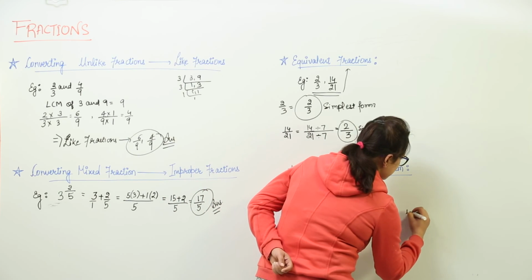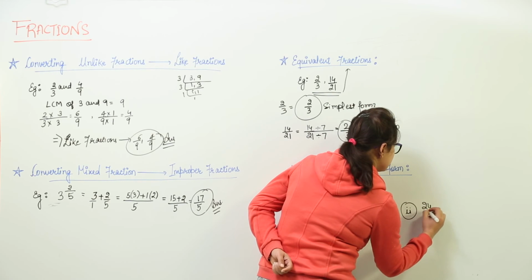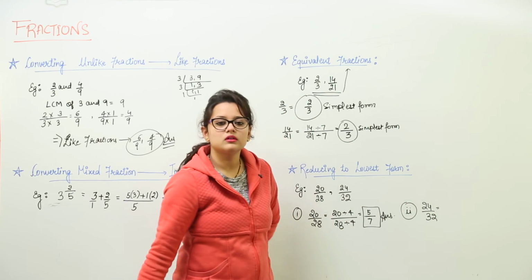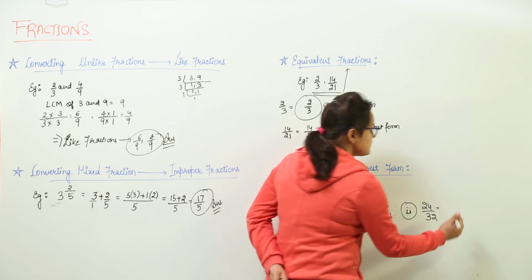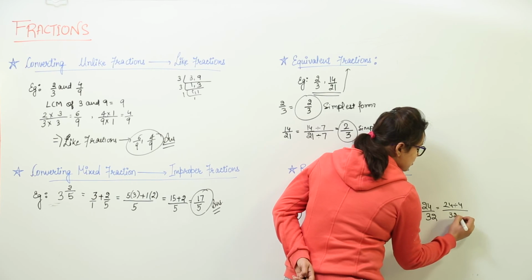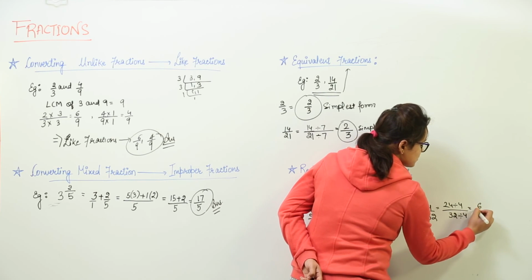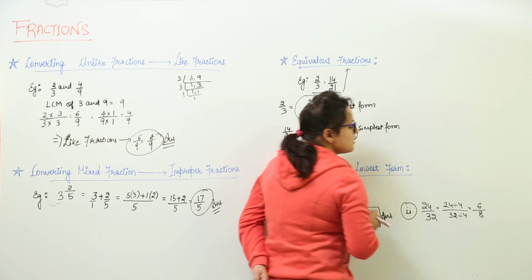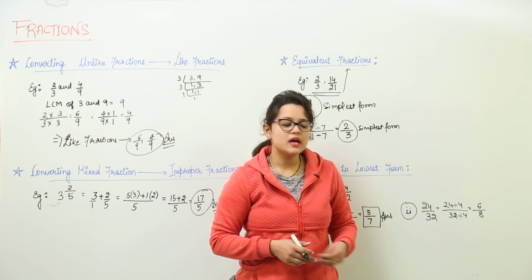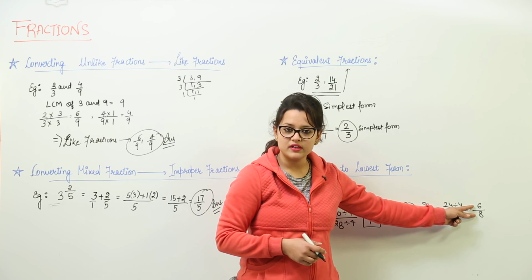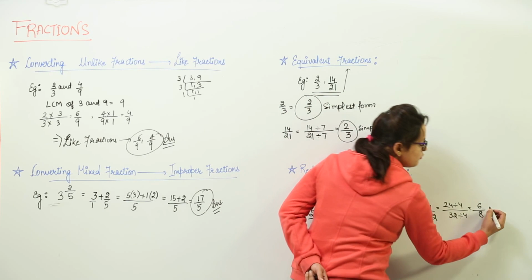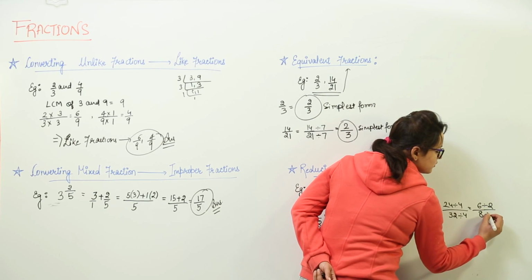Similarly, the last one is also going to be done the same way, that is 24 upon 32. Let us think of a number or a factor that is common to both, and that is 4. So we can divide this by 4 and divide 32 also by 4. What do we get? 4 sixes are 24 and 4 eights are 32. Now you can see over here 6 upon 8. Do both the numerator and denominator have any factor common to both other than 1? Yes, they still exist, and that is 2 in both cases. So we divide them both by 2.